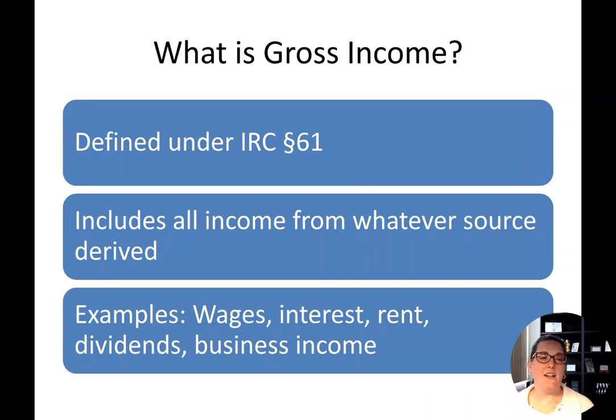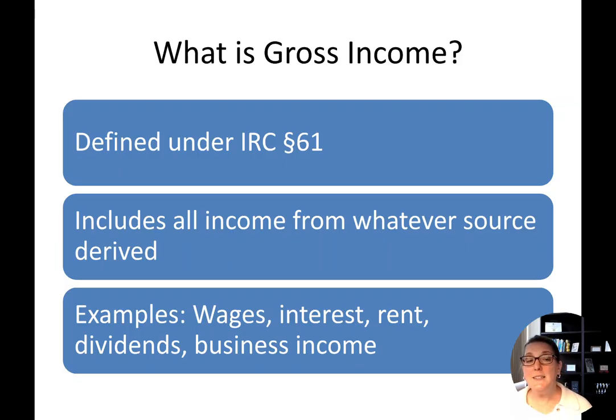Let's begin with the IRS definition. Section 61 of the Internal Revenue Code defines gross income as, and I quote, "all income from whatever source derived," unquote. That is very broad, and it's supposed to be. Basically, it includes compensation for services, business income, gains from property, interest, rents, royalties, dividends, alimony, if the divorce was before 2019, annuities, pensions, discharge of indebtedness, and more. Pretty much, if you can think of it, it is most likely income.